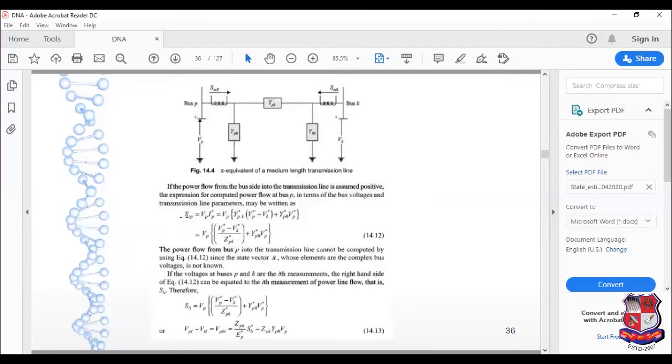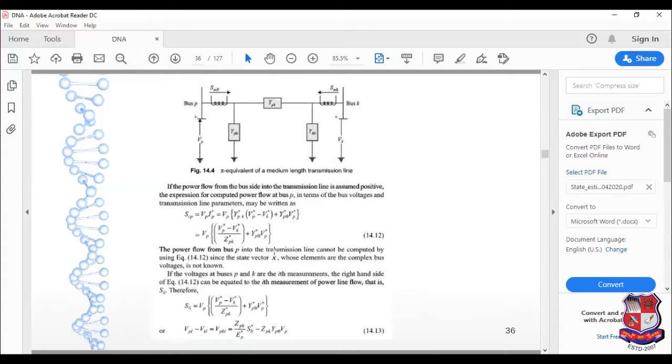So let's start with the apparent power at bus number P, which is a product of bus voltage and Ip conjugate. Now Ip conjugate is nothing but, if we elaborate in terms of the load flow, Vp minus Vk into Ypk plus its shunt component, that is Yp0 into Vp conjugate. So over here, if we further calculate and make it more compact, our equation will be Vp taken as common out, and Vp minus Vk as it is, divided by, instead of Ypk conjugate, I can write 1 by Zpk plus Yp0 conjugate, and Vp as it is.